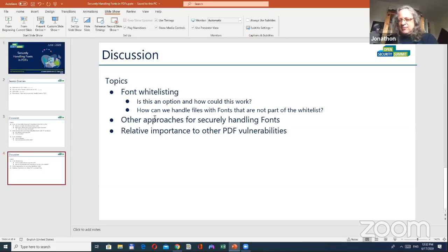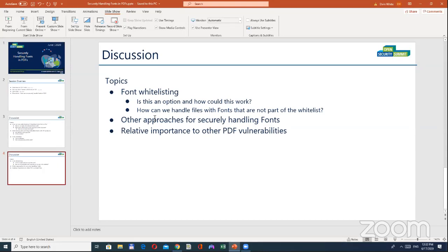Cool. Fairly sizable chunk of work there. Any other approaches that anyone can think of? I think we're probably exhausting it now. So I guess we move on to the last point, which is relative importance to other